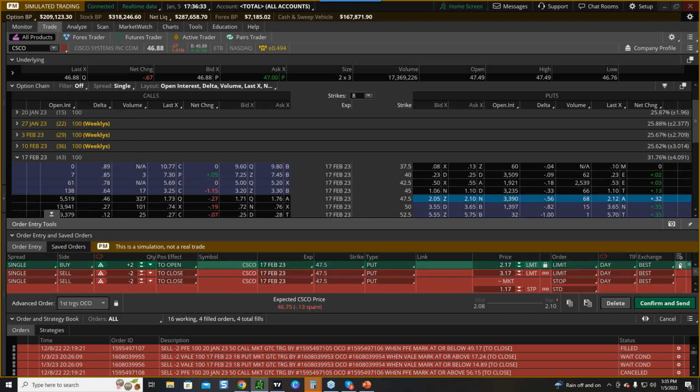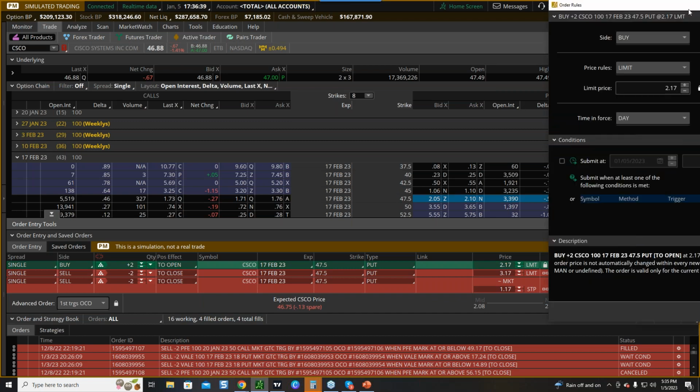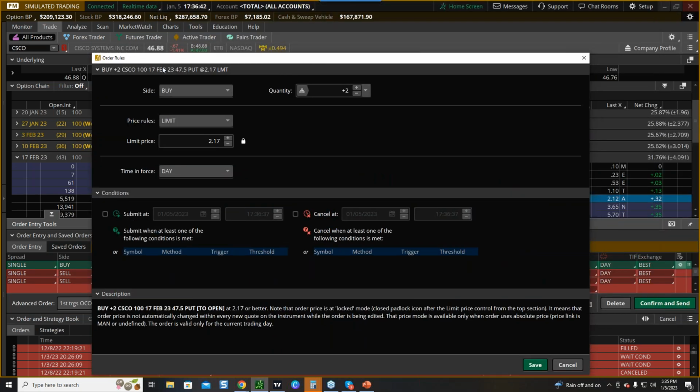So I'm going to pull up this window. Here on TD Ameritrade, it's right on the right. It's the gearbox, and it's going to pull up a window. This is order number 1, order rules. This is telling the broker what I want done. I'm telling the broker how I want this trade handled. So the top half of this ticket is